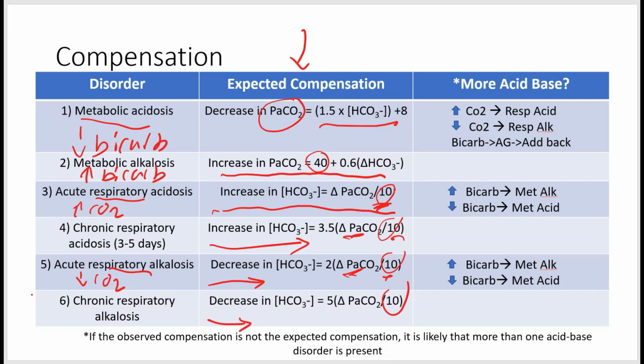And in chronic respiratory alkalosis, the decrease in bicarb is expected as delta PaCO2 divided by 10 times 5. And remember, normal PaCO2 is 40 and normal bicarb, HCO3,